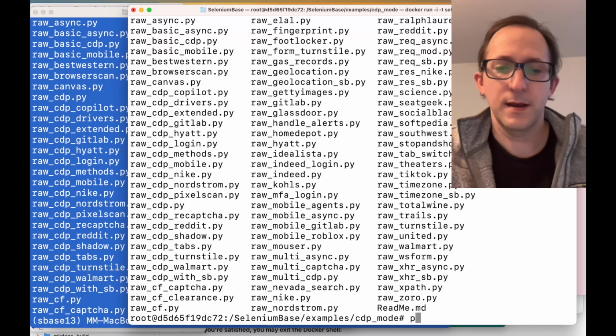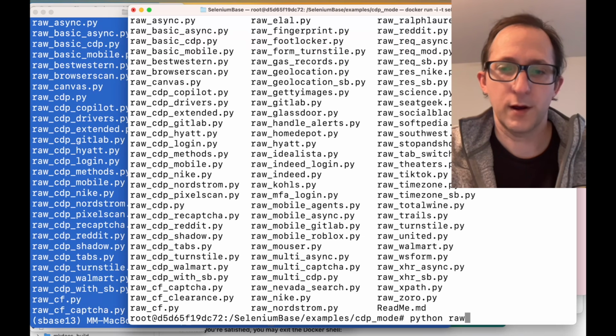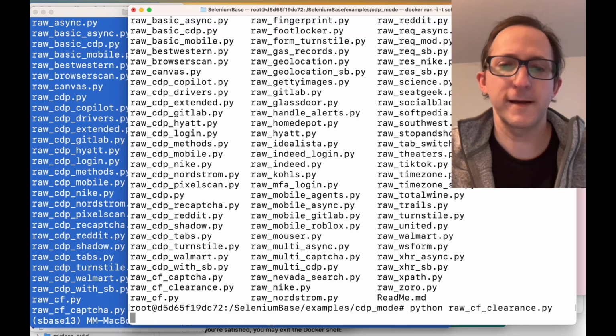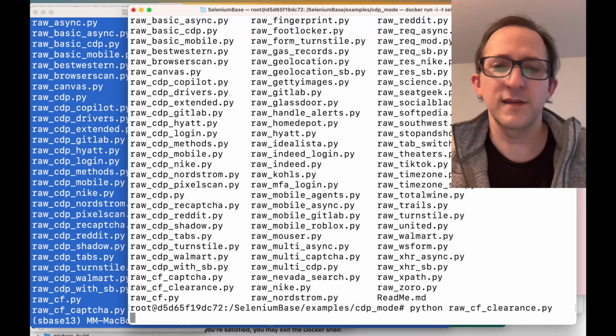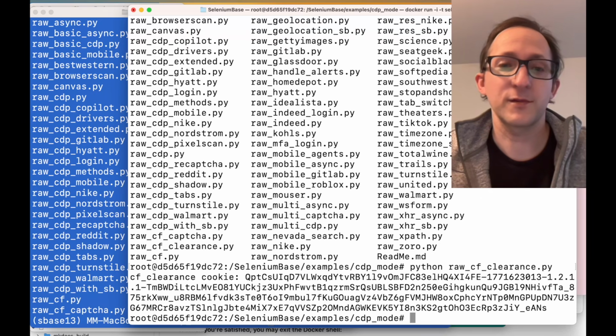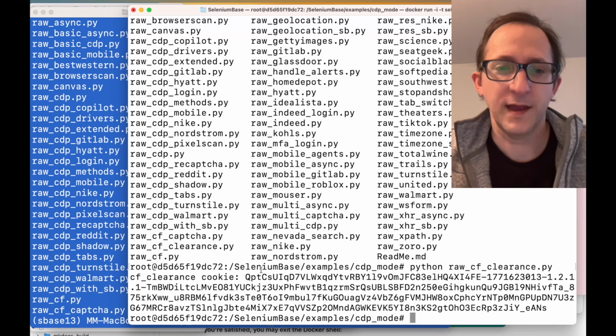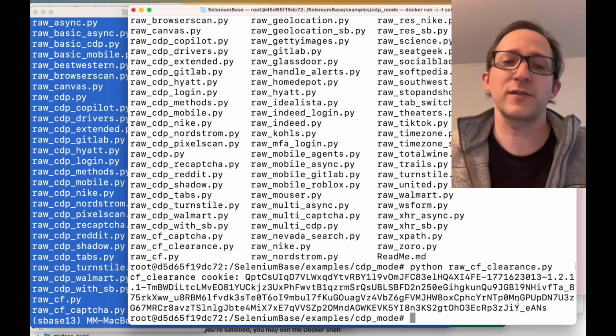Let's run python raw_cf_clearance.py, and this is the same one that we ran earlier. It's going to take a few seconds, but once it runs, if it goes successfully, then we'll see the CF clearance cookie. As you can see here, this means that it bypassed the Cloudflare turnstile CAPTCHA successfully from within